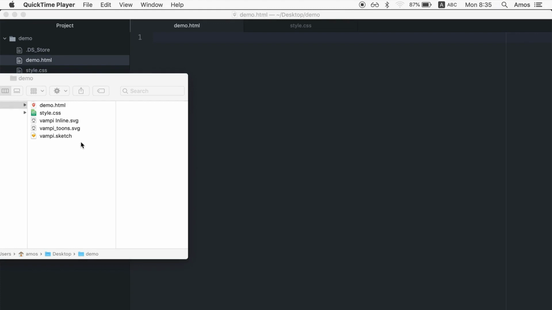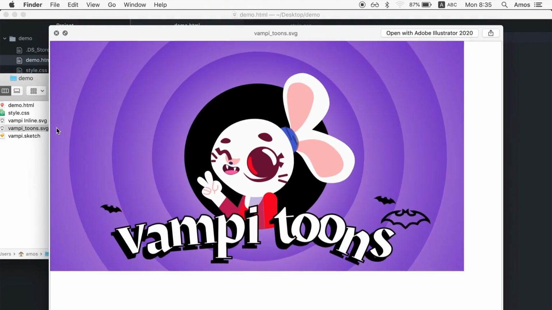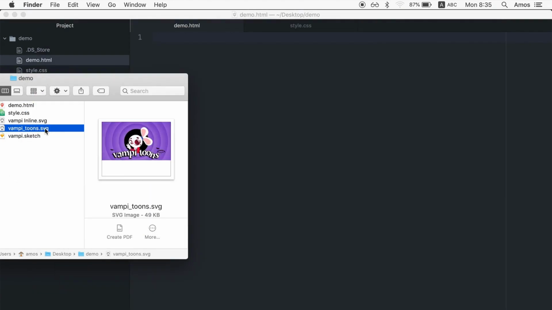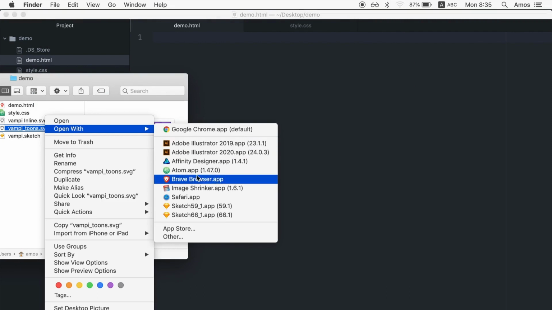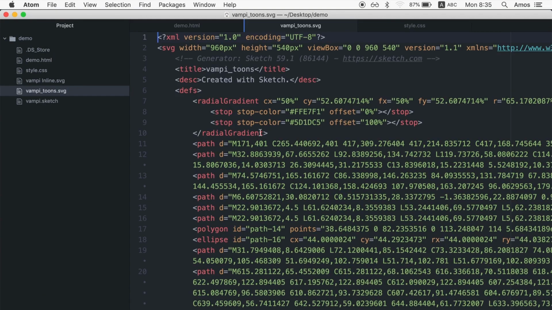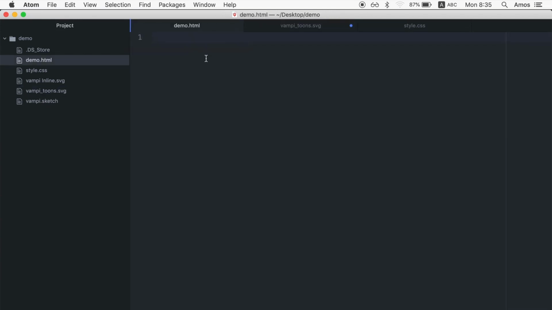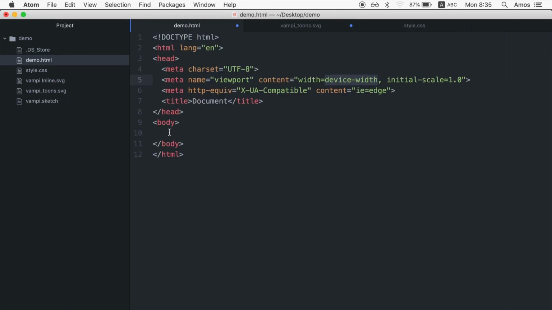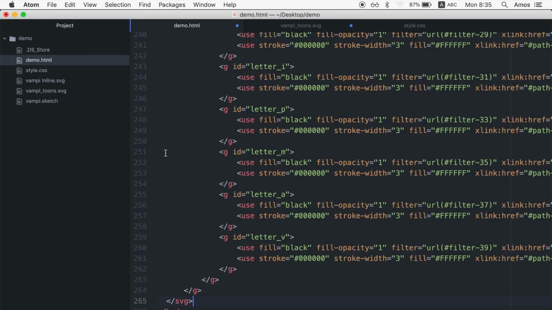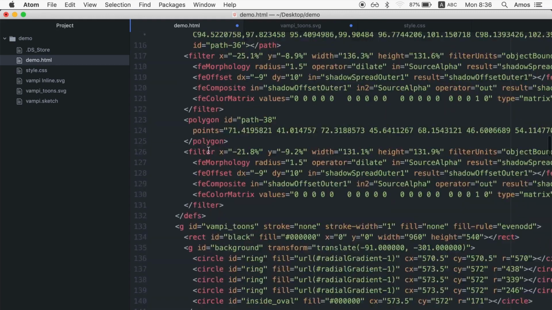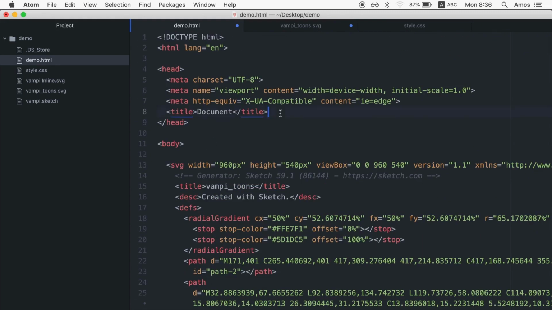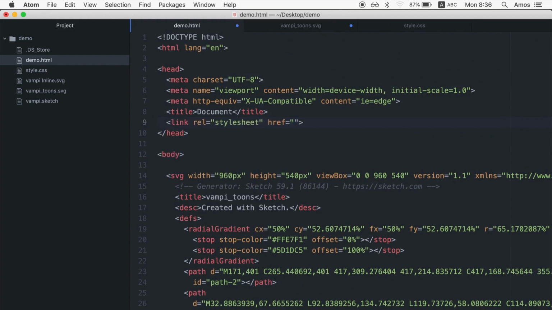Okay, so now it's time to actually demo what we have learned so far. This is the SVG, and as you can see, it's totally flat and it's not animated at all. Let's open up Atom, which is a free editor app, and we're going to copy the entire SVG. And inside the HTML, we're going to put it in the body tag, like so. Okay, and now we're going to link our CSS to the HTML,